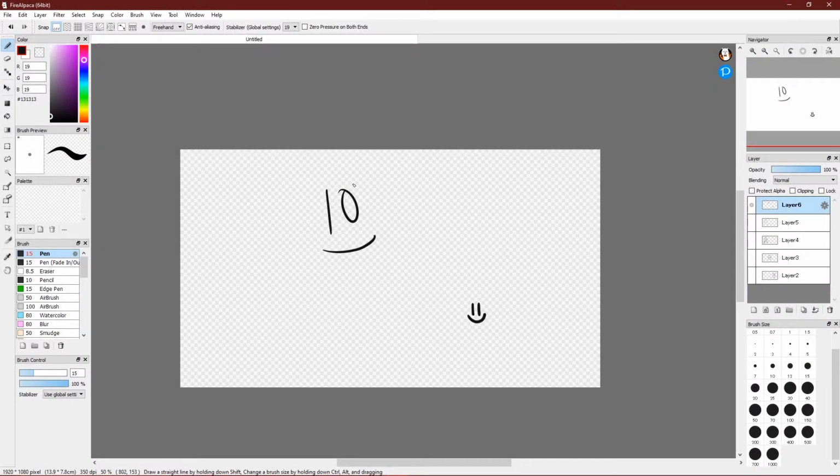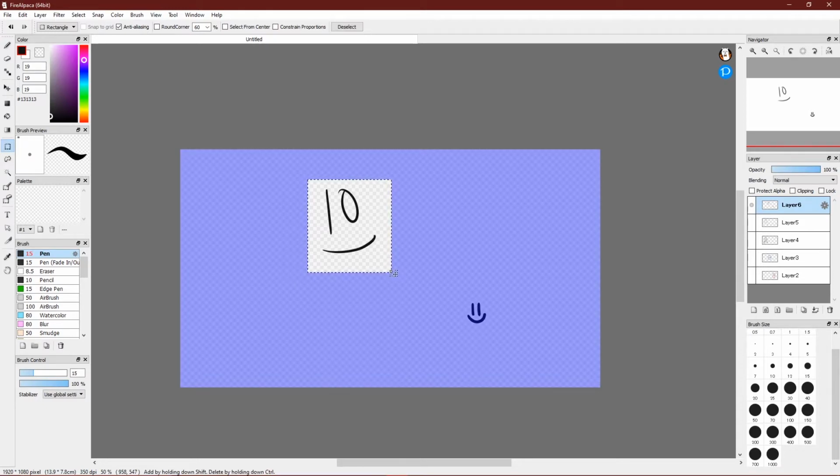But let's say I want to take this little guy right here, and I want to move him. Well, FireAlpaca actually has a couple different types of selection tools. I normally use these three though. So this is the rectangular select. You just left click, hold down, and then drag, and then it'll create a little rectangle. And then there's a